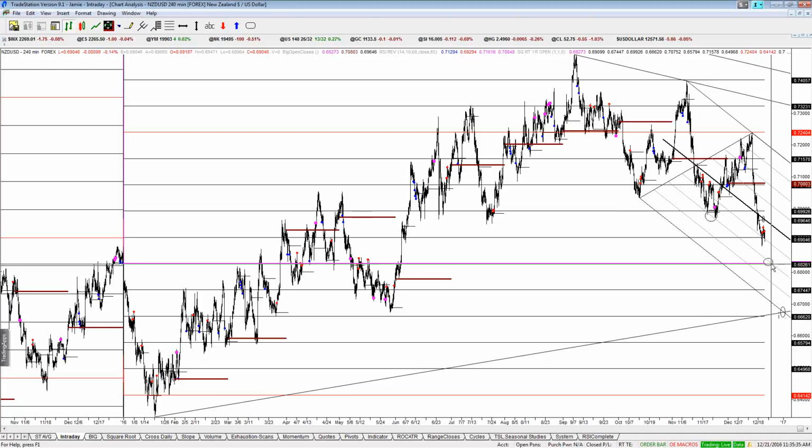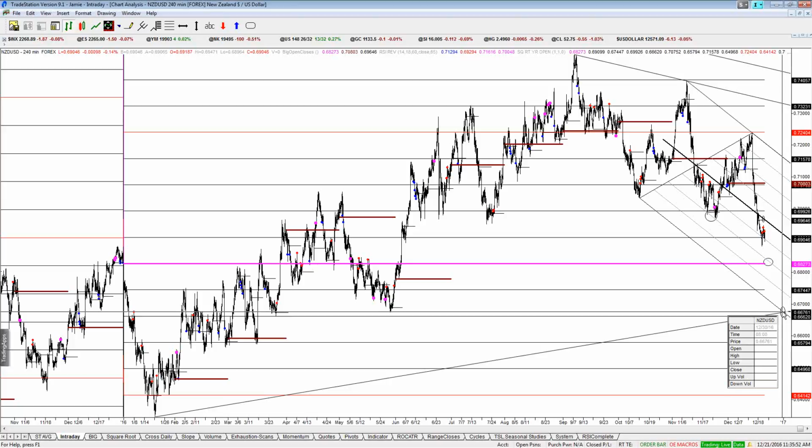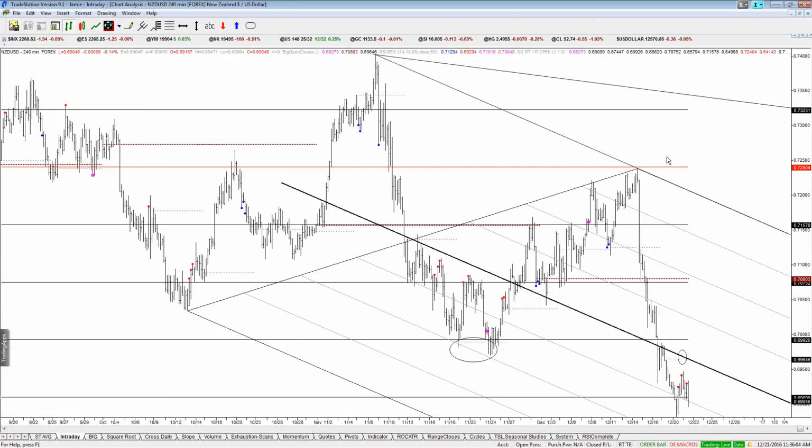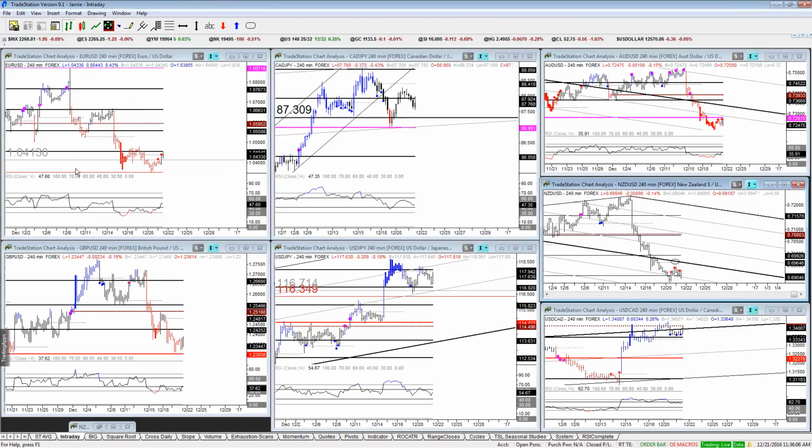Even before the first bounce area, you'd be looking at 130. So 4.5 to 1 on the first even area of possible support, and really 10 to 1, 300 to 30, on potential downside. And that's your Kiwi. So I like Kiwi on the downside, and you also see it on the crosses, don't you? You can see it on